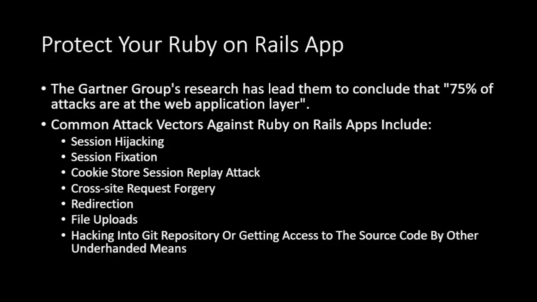For instance, the Gartner Group research has led them to conclude that 75% of attacks are at the web application layer. In other words, 75% of attacks from the internet are going to be targeting your Rails application. And common attack vectors against your Rails applications will include session hijacking, session fixation, cookie session replay attack, cross-site request forgery, redirection, file upload, and if they can get into your Git repository or source code, then they'll have